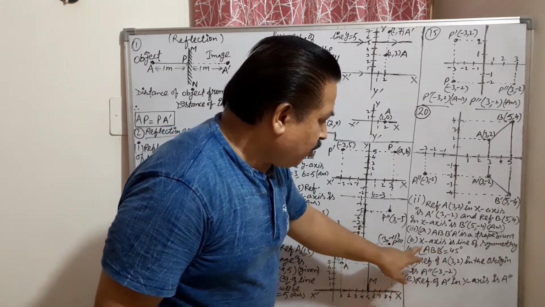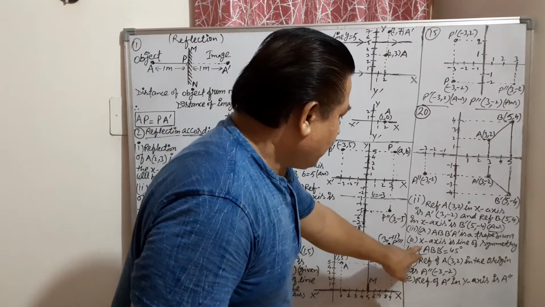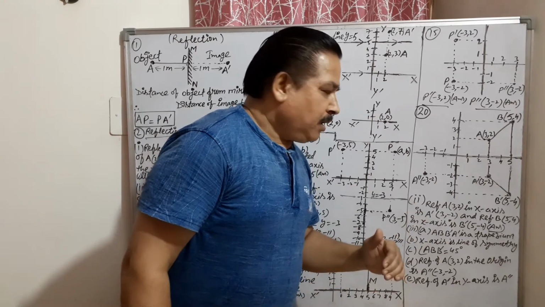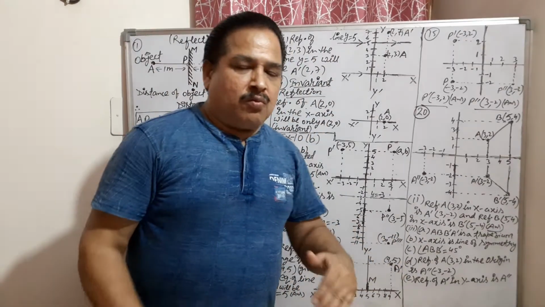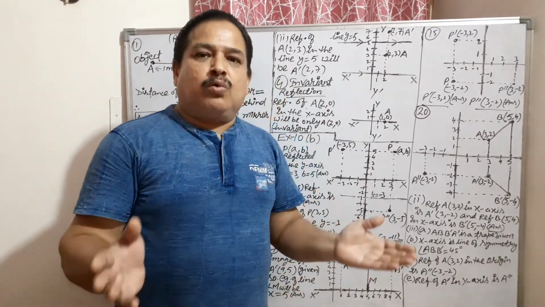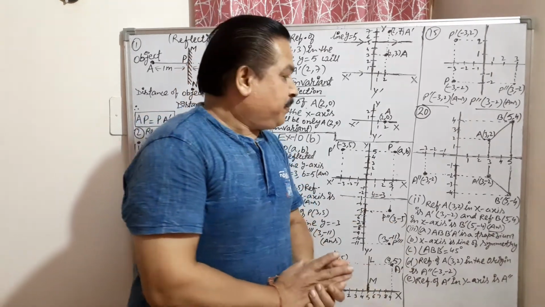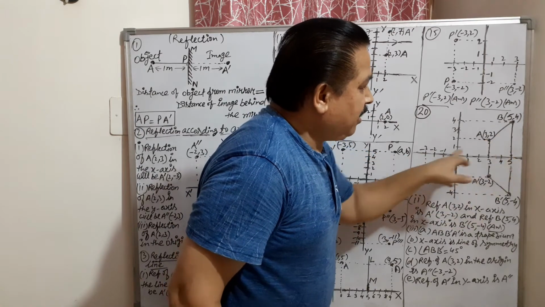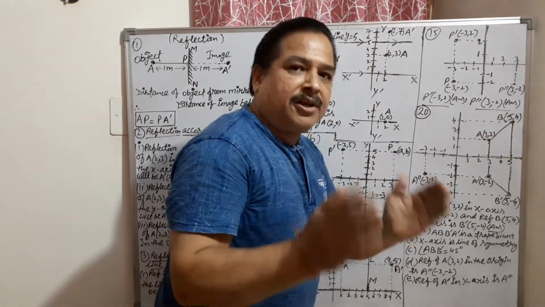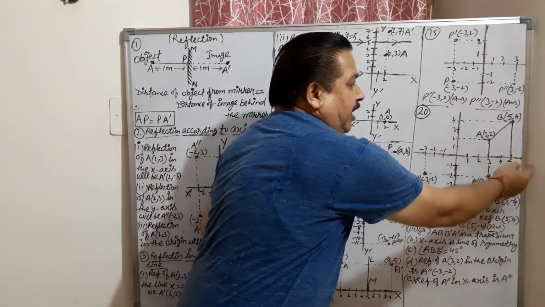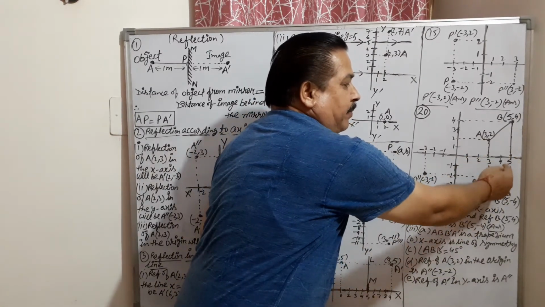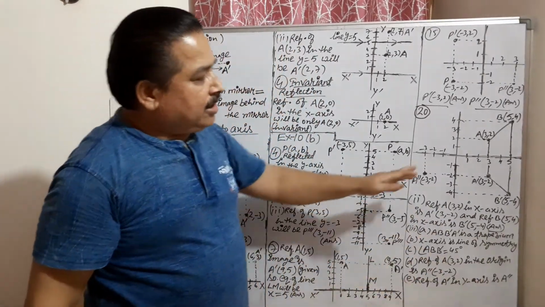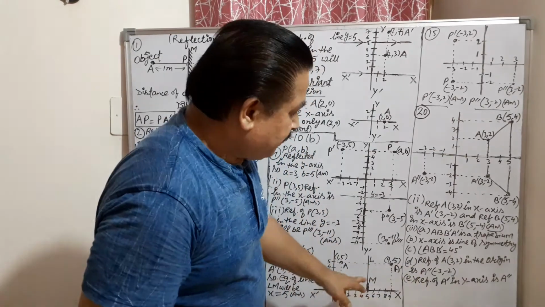Now see the next point. Which line is a line of symmetry of this figure? So what is a line of symmetry? Actually it is a line which divides any figure into two identical parts. So this figure is this one. Which line is dividing this figure into two identical parts? So the x-axis is dividing. See, the upper part and lower part are the same. So what is the line of symmetry? X-axis. Because the x-axis is dividing this figure into two identical parts.